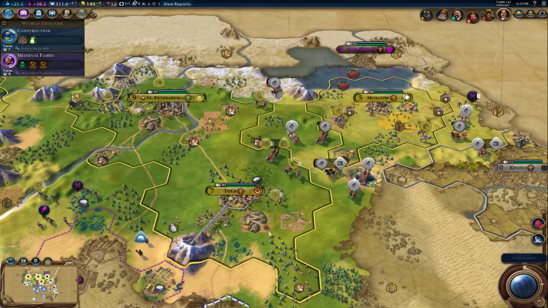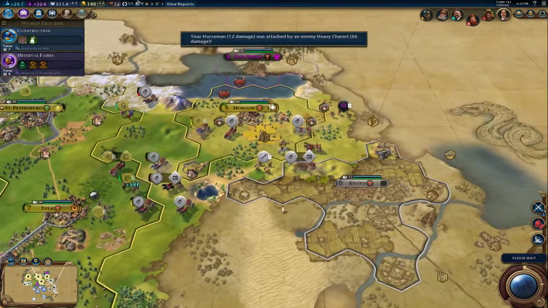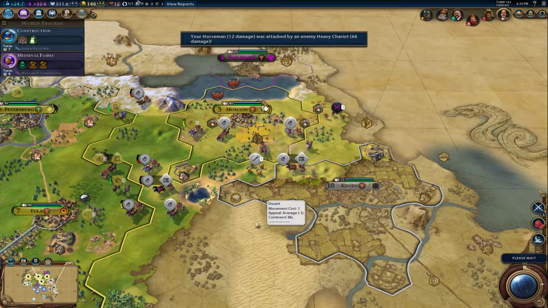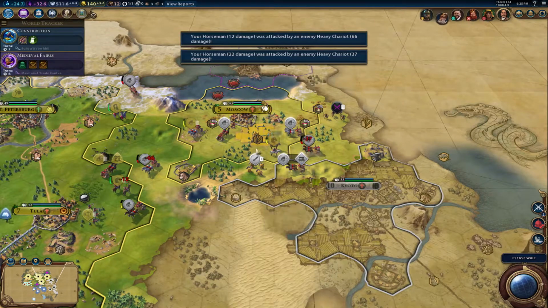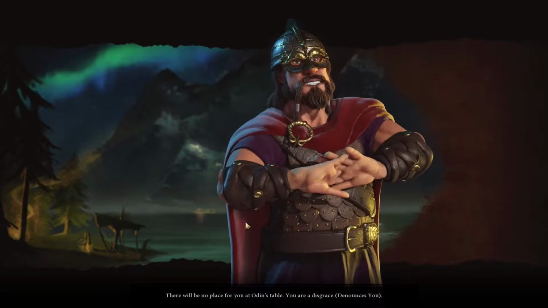Wow. So now you guys know, if you're in a game with Germany or Montezuma, get your troops ready. Now you see why I wanted the walls? And so now we're being...